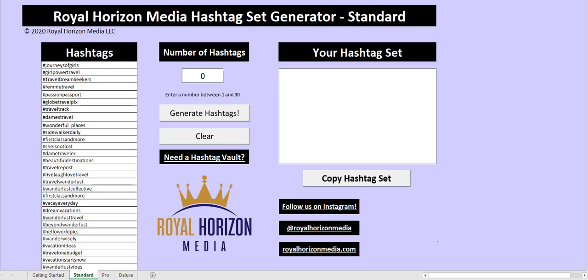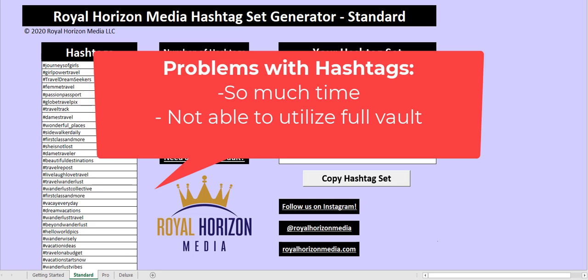One of the biggest problems we had when it came to hashtags was the amount of time they took up. Not only time spent creating our initial hashtag vault for ourselves, but also the vaults for all of our clients. On top of that, we were spending time manually creating new hashtag sets for every post based on our strategy for each client. We eventually ended up going with the easier option, saving hashtag sets in our scheduling software or in the Notes app.